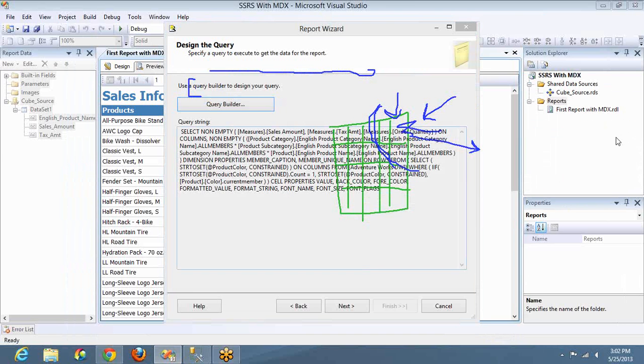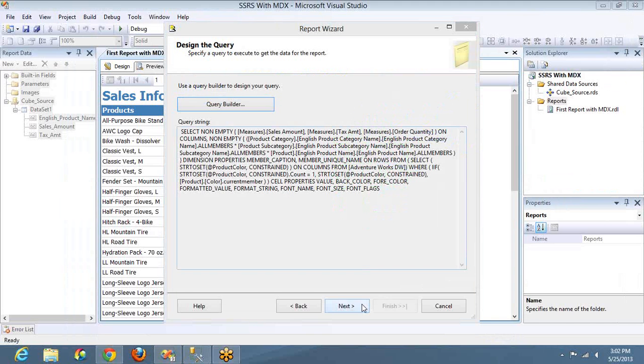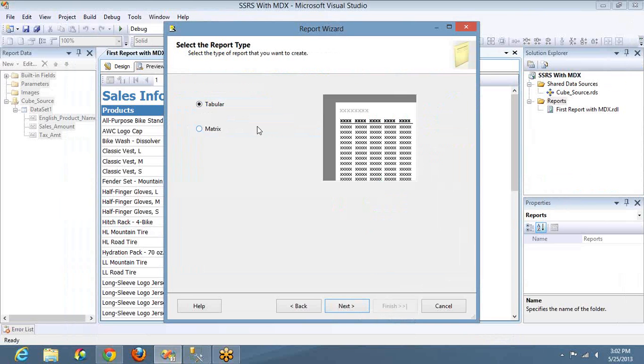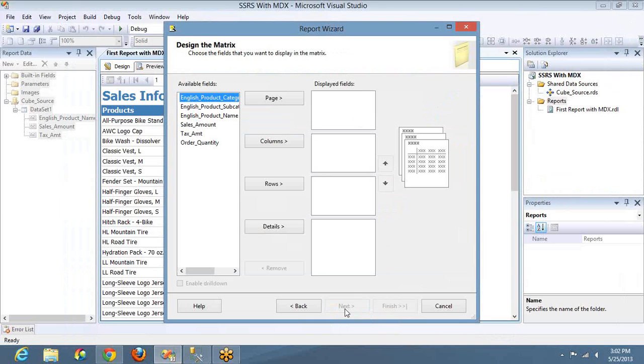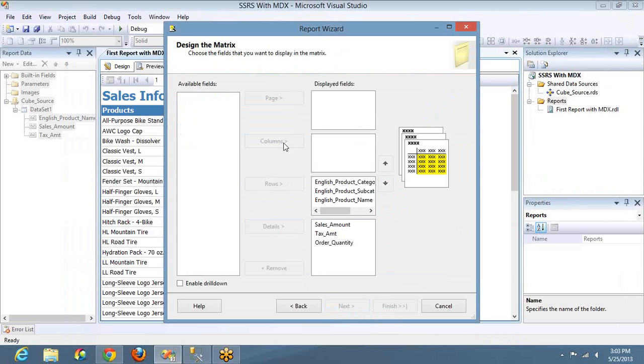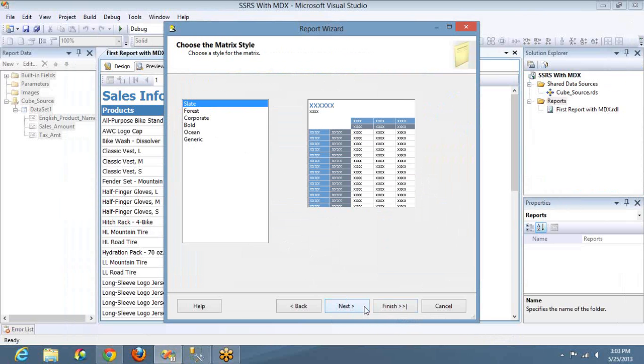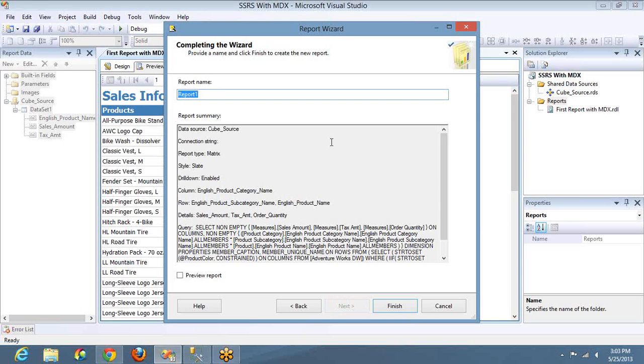Okay, now let me remove these drawings, click on next, and again the same stuff. If you come back here, the design of the report is the same matrix. Now let me add category to these groups, subcategory and product name to these groups, details, amount and so on to this one, and you need to have at least one column. So let me add subcategory to the columns here, and enable drill down. Click on next, next,